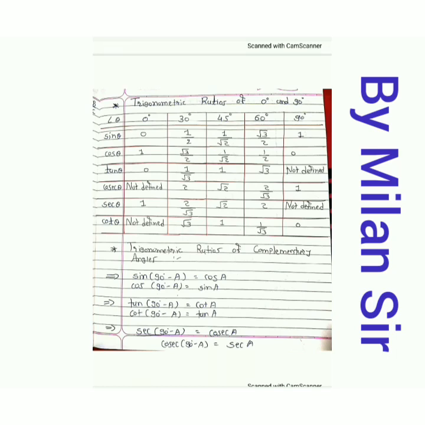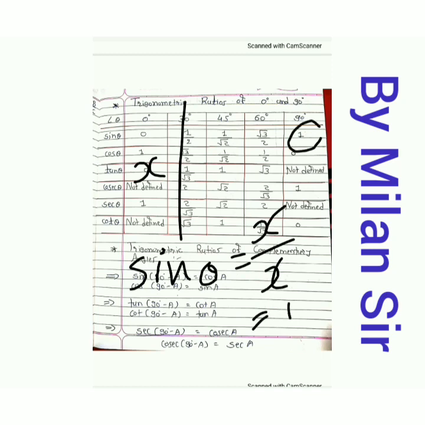Now for theta equal to 90 degree. If you take C equal to 90, then you get a vertical line. Right? Your hypotenuse and opposite side both coincide. And here your adjacent side is equal to 0. So sin theta, and assume the length of this side is equal to X. Sin theta is equal to opposite upon hypotenuse and both are equal to X. So X upon X, it is 1. So sin 90 is 1. Okay.